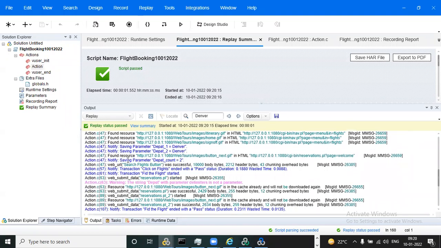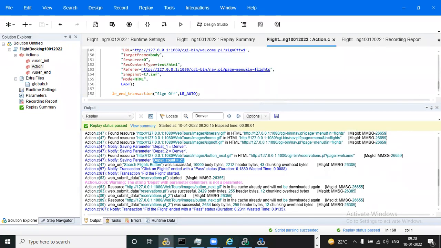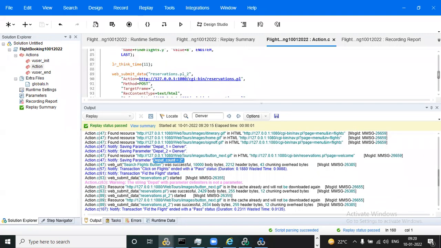See, it is taking it as a count. Saving parameter count is coming, so okay, that is working for ordinal. But what will happen is, because of the boundaries, we are not getting all the values.